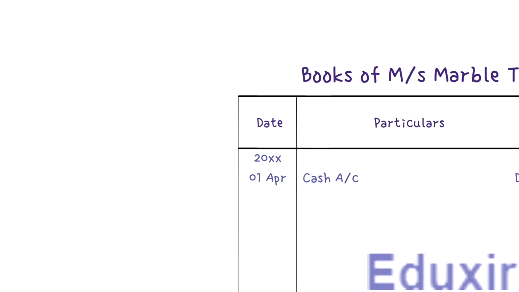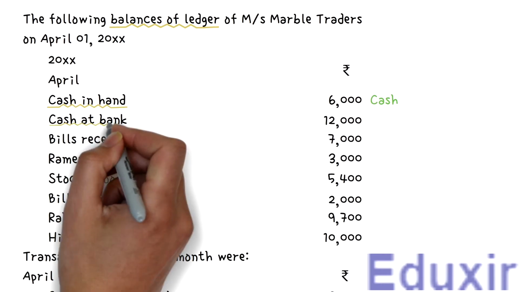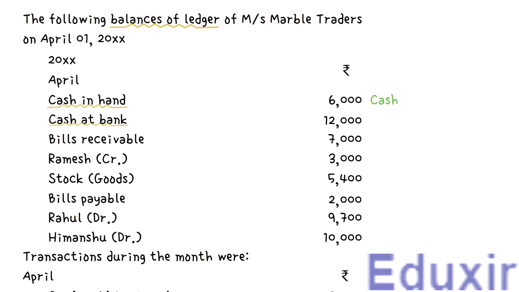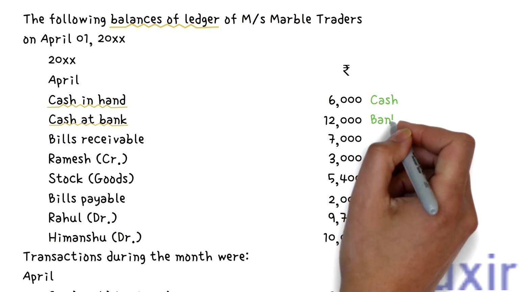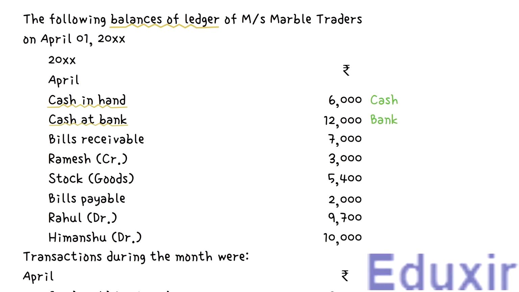Let us now take up the next balance. Here, the bank balance brought down is 12,000 rupees. This is a debit balance and represents the balance available at the bank. As you know, the bank balance is an asset. So this needs to be recorded as an asset. Note that if the business is maintaining a current account in the bank, the balance could be a credit balance also, in case there is an overdraft. In that case, this should be recorded as a liability. Anyways, this is just for your information. However, in this case we have a debit balance in the bank which is an asset. With this analysis at our disposal, let us now proceed with the generalizing of this transaction.